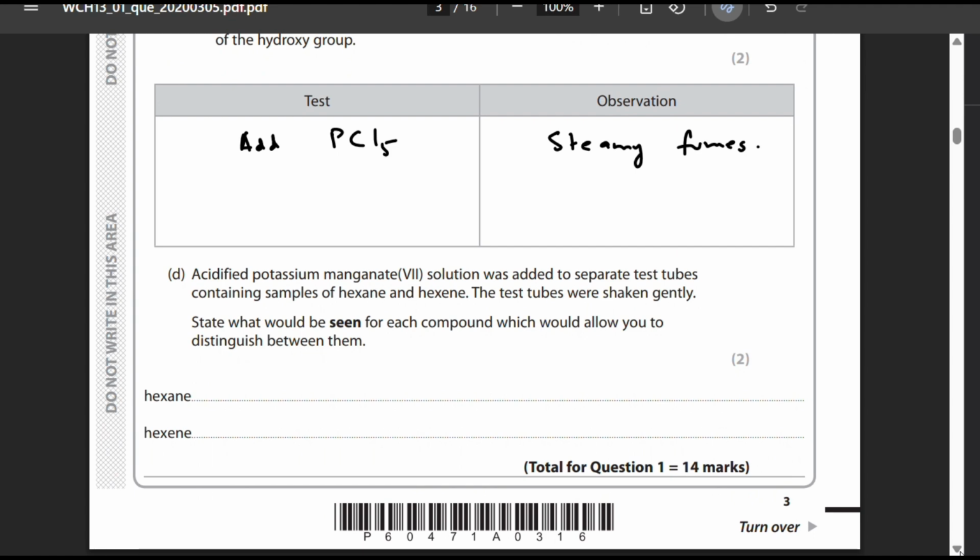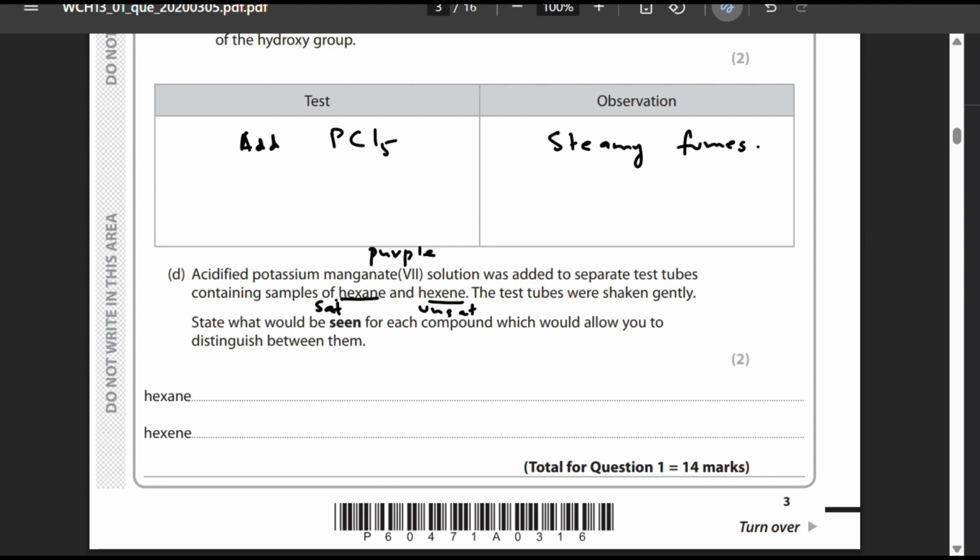Now part D, acidified potassium manganate(VII) solution was added to separate test tubes containing samples of hexane and hexene. Hexane is a saturated hydrocarbon and hexene is an unsaturated hydrocarbon. The test tubes were shaken gently. State what would be seen for each compound which would allow you to distinguish between them. So when you add potassium permanganate, it is purple in color. In the presence of the saturated hydrocarbon hexane,